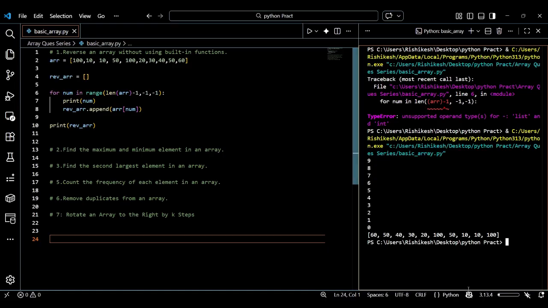And now as an answer you can see our array got reversed